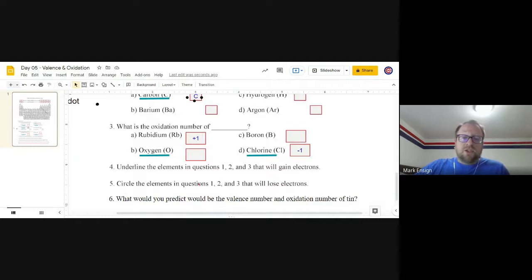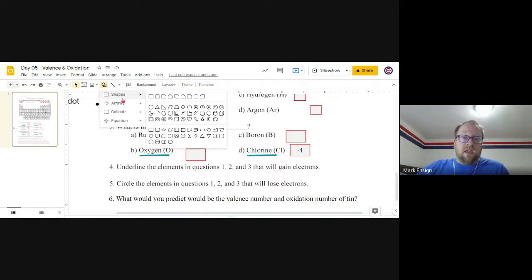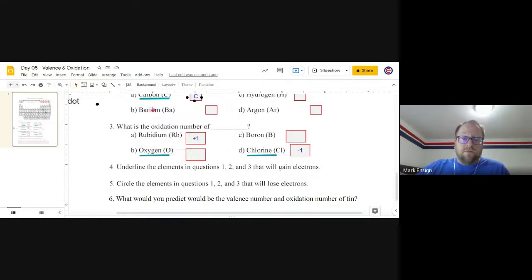Question 5 says circle the elements that will lose electrons. So I'm going to come in here and pick a circle. So it's basically all of the other ones with one exception. Circle the elements in questions 1, 2, and 3 that will lose electrons. So that's going to be rubidium. I'm going to circle that one, and make sure when you circle it,